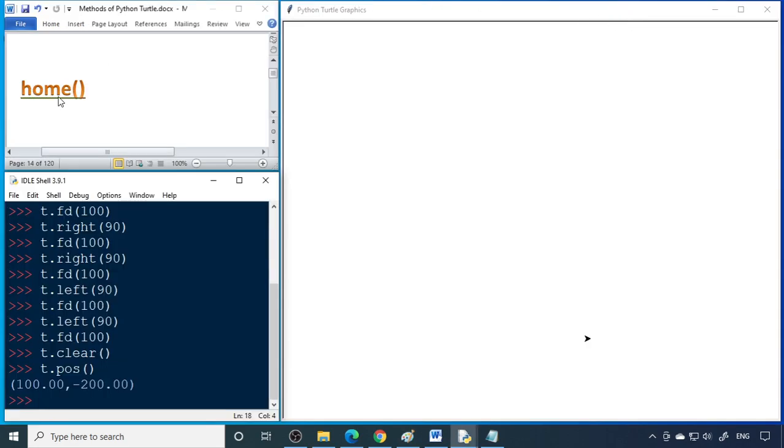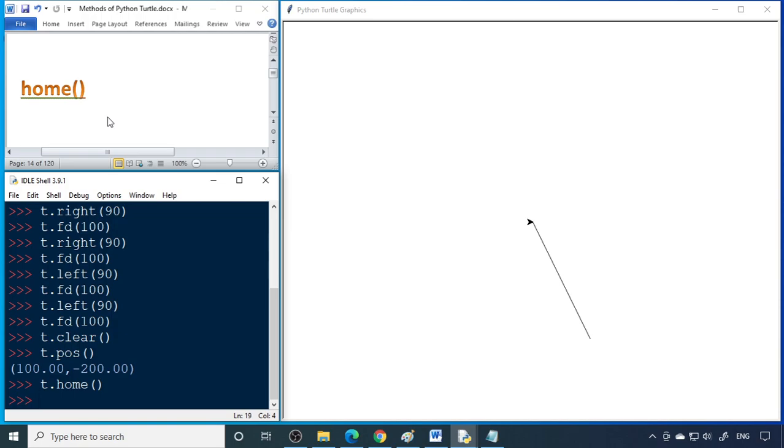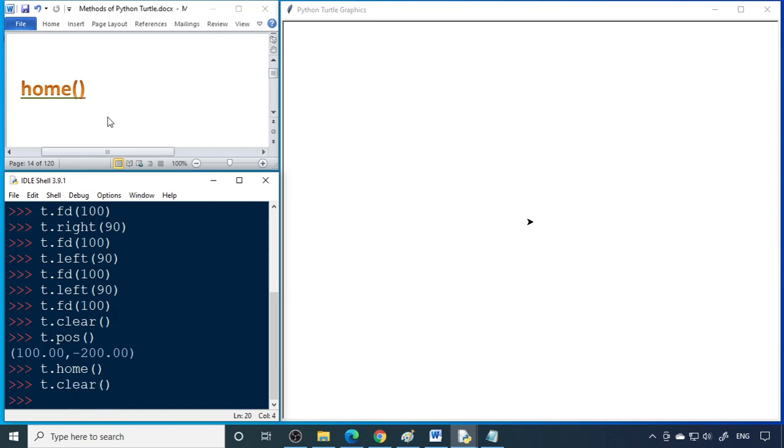These are things you should know when you're writing the turtle program. There is a method called home. If you want to bring the cursor back to the home, you can say t dot home. T dot home will bring the cursor back to the home. Now again we don't want the line, so you can say t dot clear. So you can clear up. Now you can check the position, t dot pos.